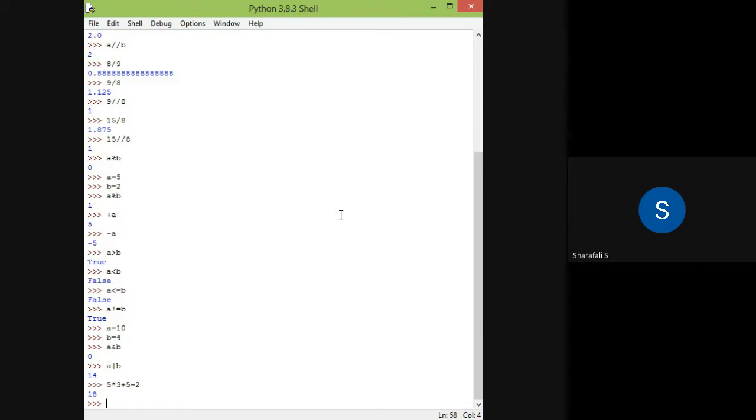So it will be 5 into 3. Okay, so that will give 15. Okay, that will be added with 5 again, plus. So plus 5 will be performed first. First we have to perform the plus 5 operation, then minus. This is the simplest one, so that will not make much difference.